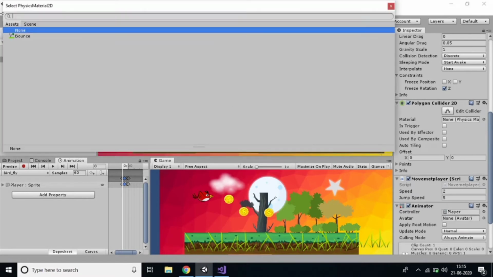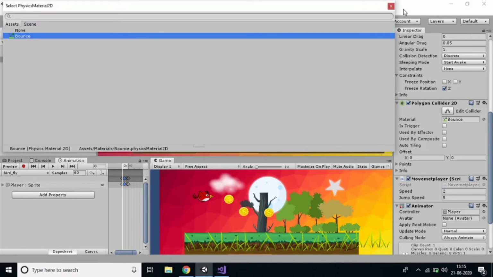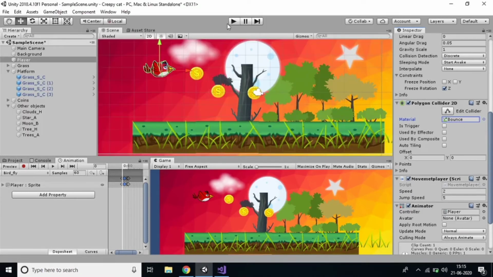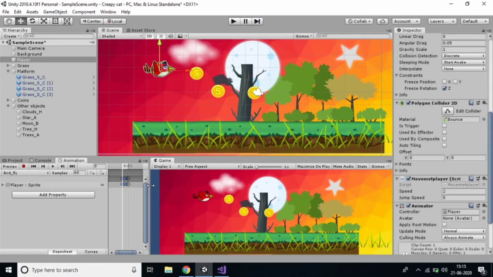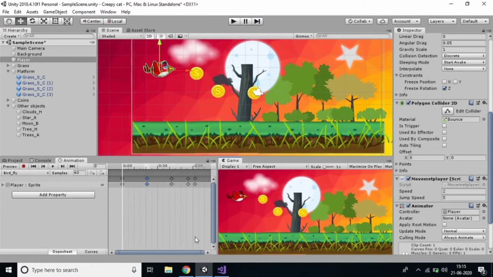It's better to add the bounciness, then the bird will be good. Just play this one and you can see it very clearly. I think it's very clear how to add animations to the player.